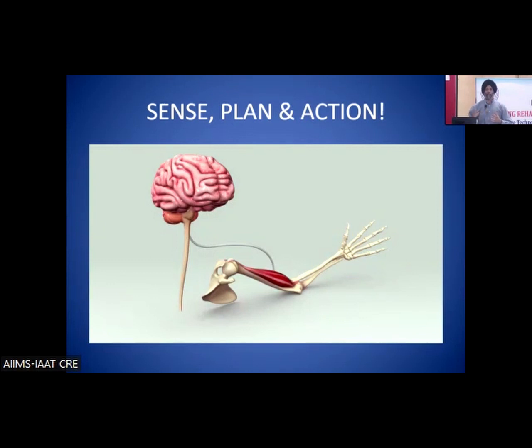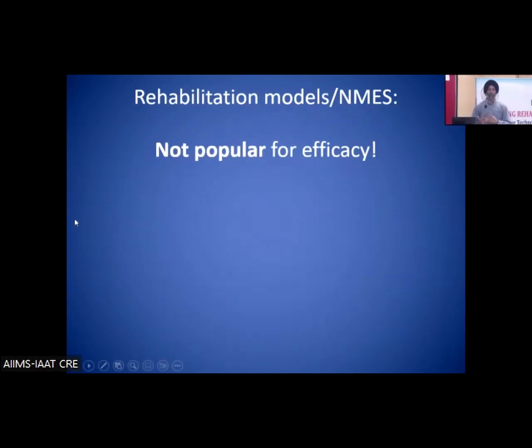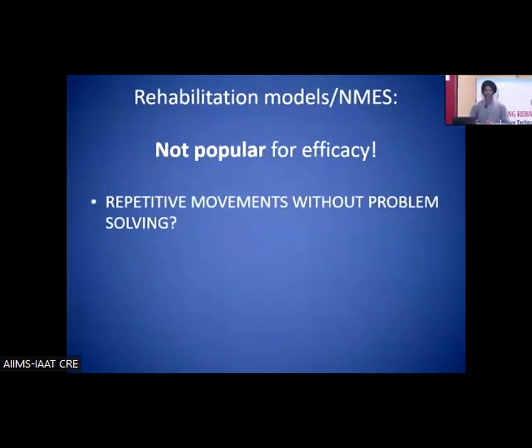Whereas if you look at an artificial stimulation of a muscle by electrical stimulation, that planning or feedback does not matter to the equipment or the machine. So actually we are artificially stimulating, but not replacing what the nervous system or the brain has to do. And the rehabilitation becomes preserving or maintaining the function rather than improving the function or repairing or recovering the brain. So from maintaining and preserving, we have to go to improvement, and we know that neuromuscular stimulation is not popular for its efficacy because there is not much problem solving involved